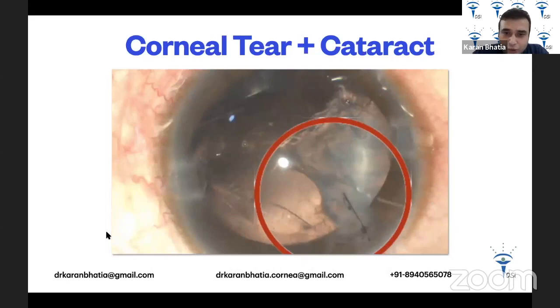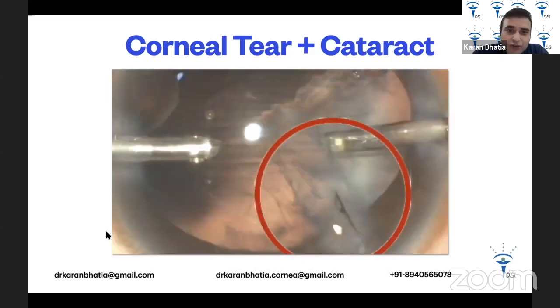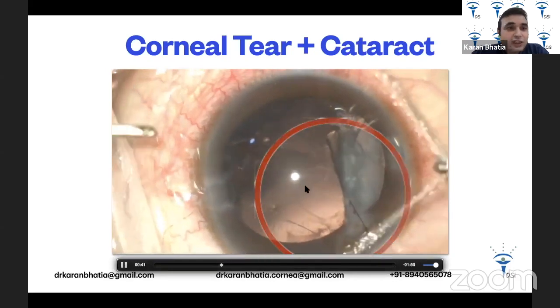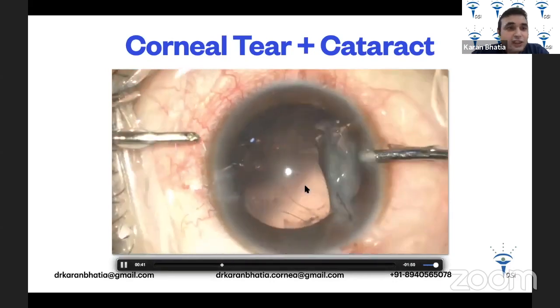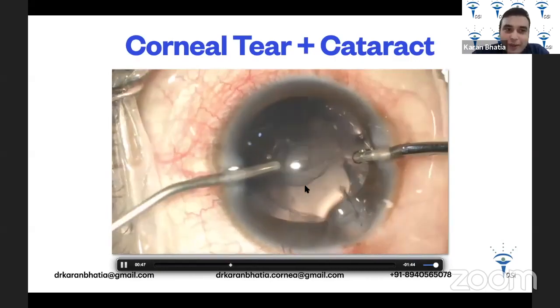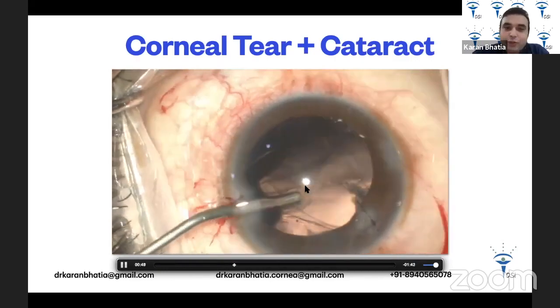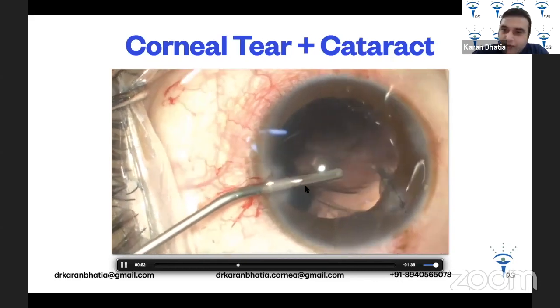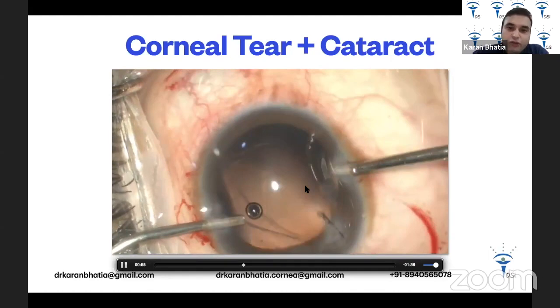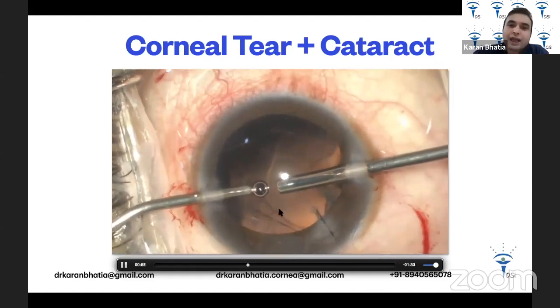If you look at it in slow motion, once I've removed that, you can see this round thing over here. This is a posterior capsular rent, and this was present before itself. So always expect that there could be a posterior capsular breach. What I'm doing after this breach is injecting OVD, or HPMC or Visco, from one side to push the vitreous down.